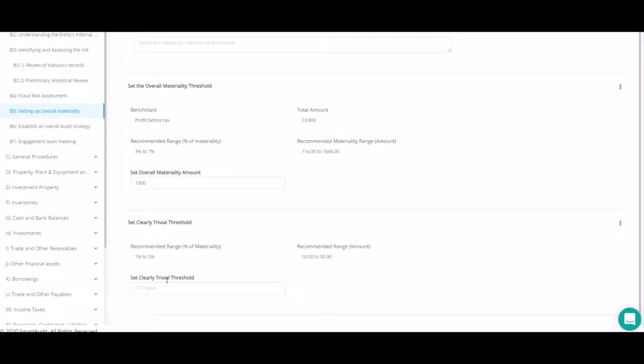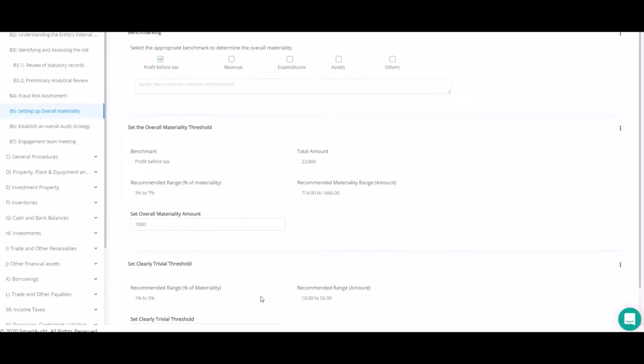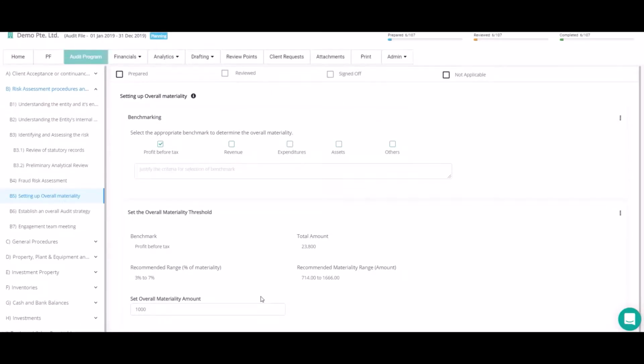Once you decide this amount, the clearly trivial threshold amount range will be computed by the system, and again the same can be manually entered by the user. Now, after determining this, the system will compute the section-wise performance materiality based on the overall materiality amount set by the user and the level of risk assessed for each assertion.